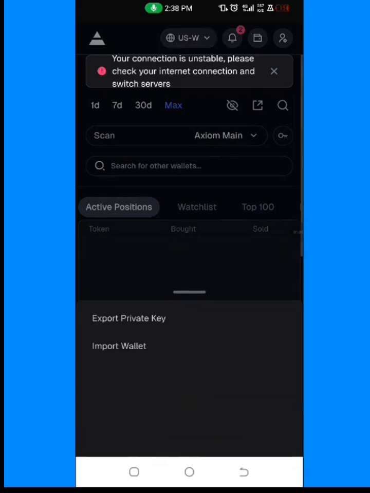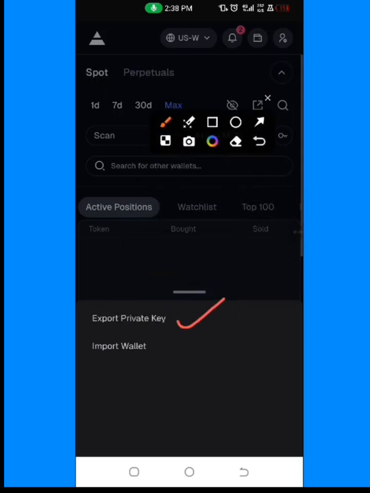Now you can do two things, as you can see on the screen. The first one, this account, because there is a wallet created for you on Axiom Pro. If you want to export the account to your Phantom Wallet, your Dextero, your Solflare, or any wallet, just click on this export private key. I'm not going to click on it because it's very private. You don't need to show it to anybody. But when you click on it, you are going to see the key. So copy the key and take it to maybe Phantom Wallet or Dextero Wallet